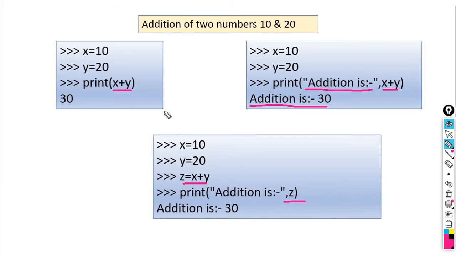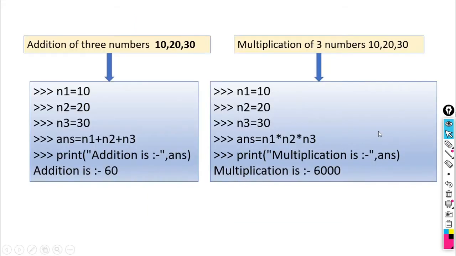So here we directly print the values, and here we store the values in a variable and then we invoke that variable in the print statement. So you can do it like this for any numbers. You can do addition of three numbers, addition of four numbers like this by using any of these methods. So let us see another example.